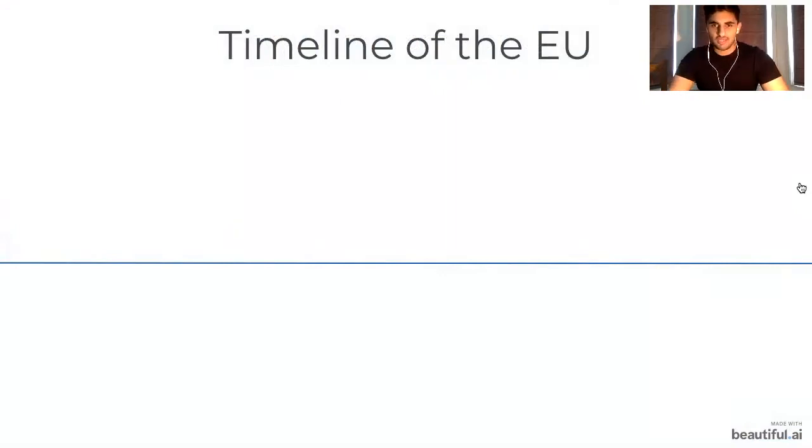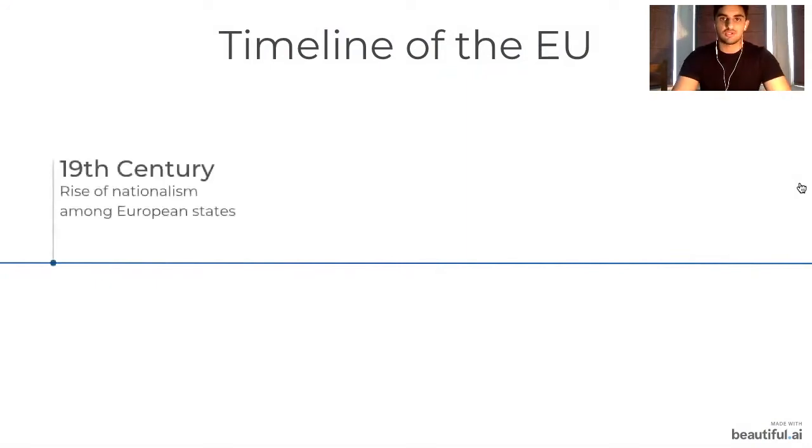And when we talk about history and we talk about the EU, I think it's really important to look at the timeline and how we got here, right? How we got to 2021 and how we got to 27 sovereign states being part of an economic union. We have to go all the way back to the 19th century in order to really get to grips with this. We start with the 19th century, and you start with the rise of this thing called nationalism between European